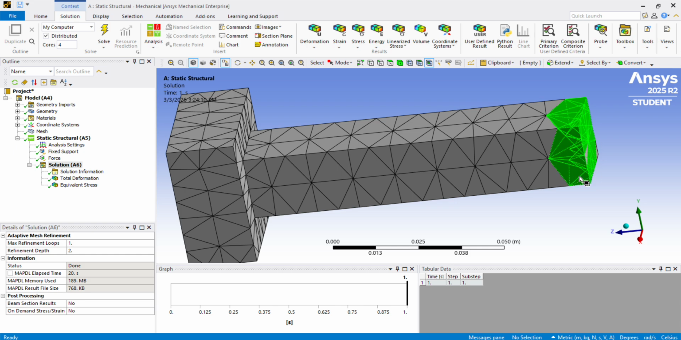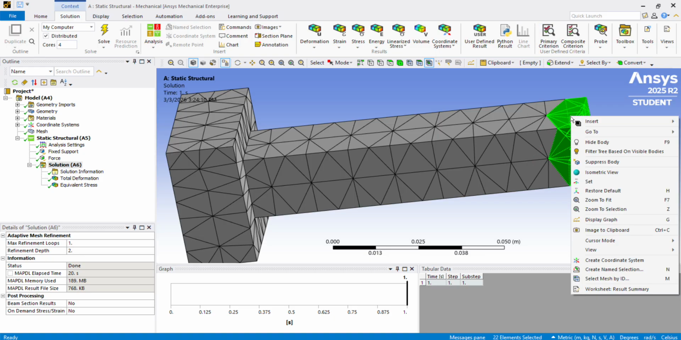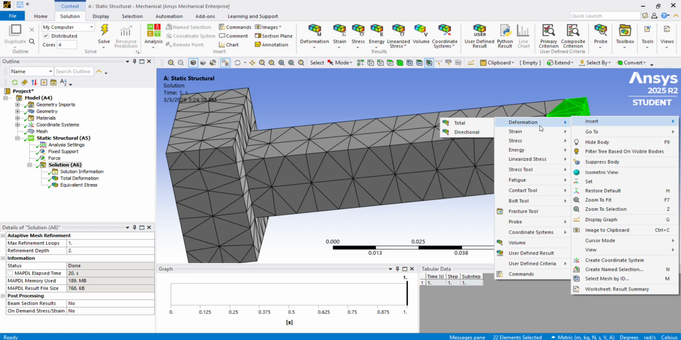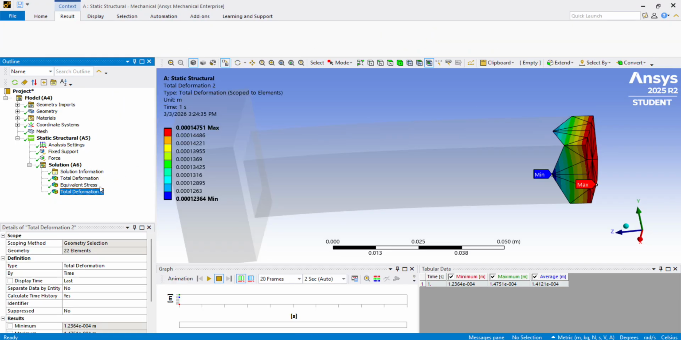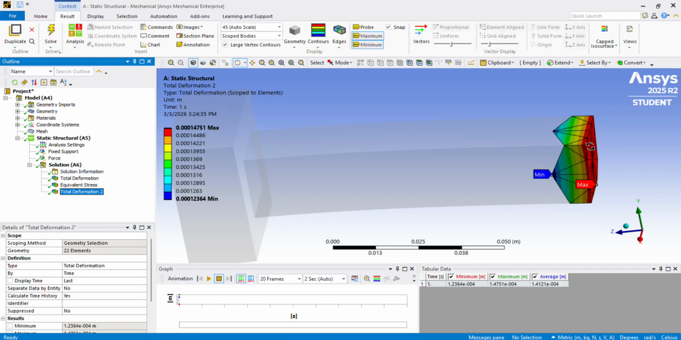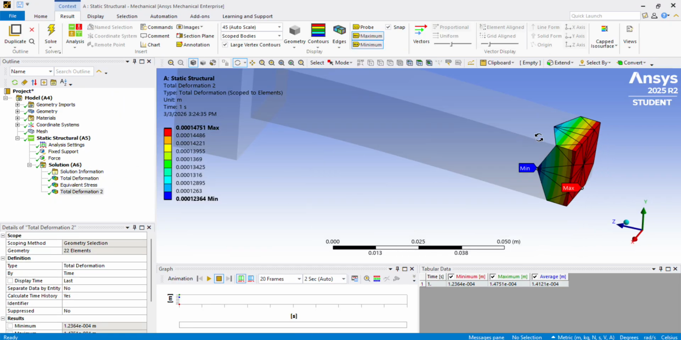On this portion, because here the load is applied. So we are selecting some elements, not fixed, and here we want to see the stress value or the deformation value. You can see the stress value or deformation value in this way. On this portion, you can see the maximum stress value, and the deformation value is 0.0014